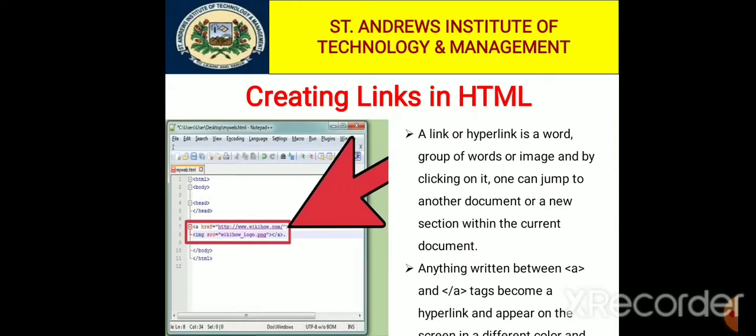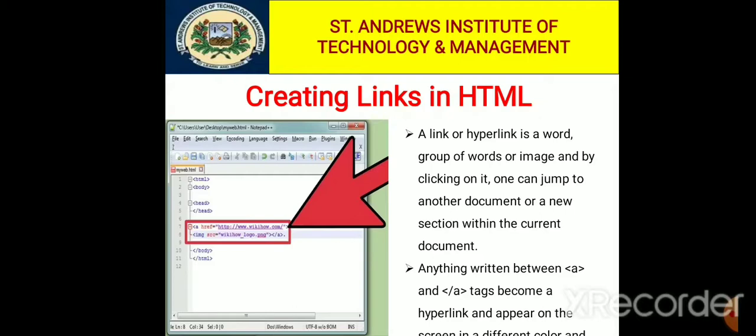Okay, the anchor element has several attributes, but either the name or href attribute is mandatory. Some of the important attributes are href, name, title, methods and target.